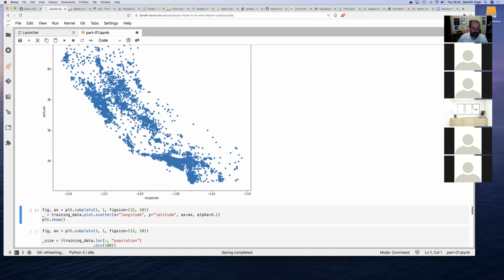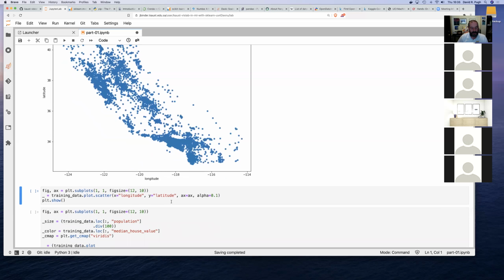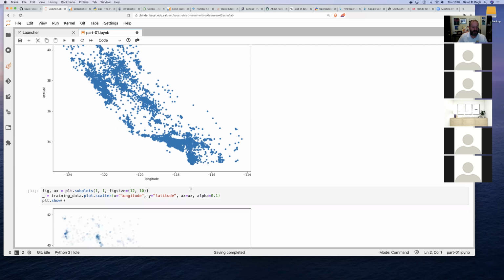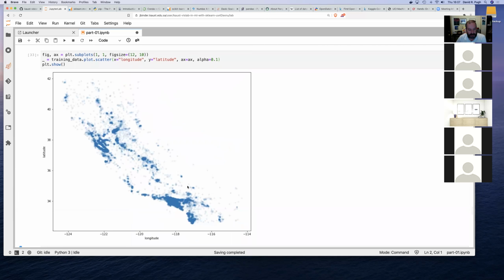Things to think about. When you're doing scatter plots, it's often a good idea to control the transparency of the points by setting this alpha parameter. This is basically setting each point to be 10% opaque, or 90% transparent. What this does is show you where the more dense census group areas